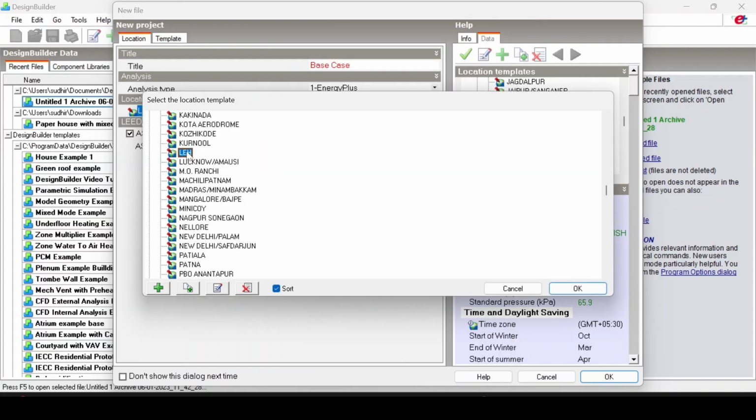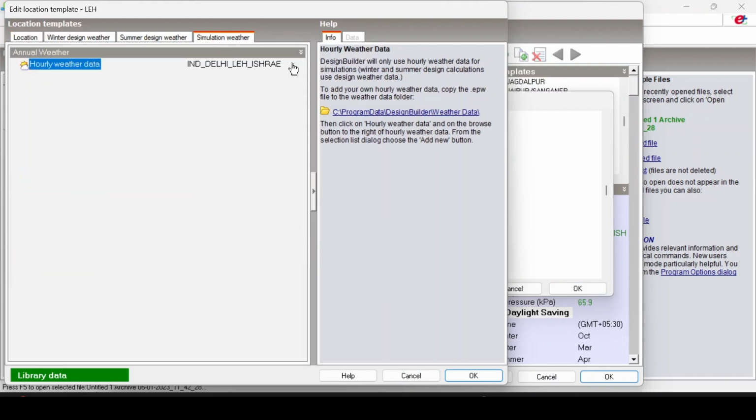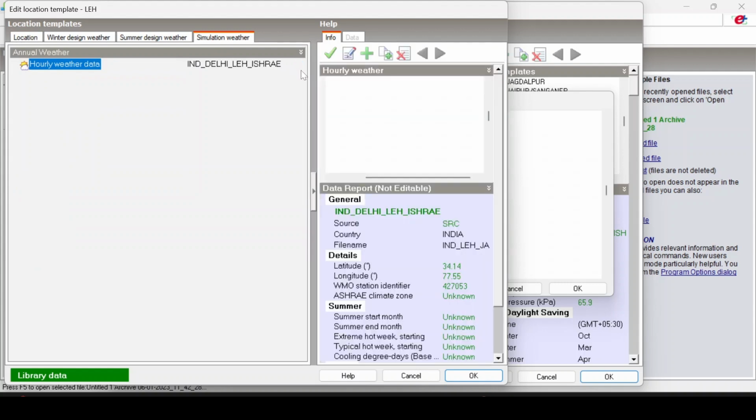You can go to any of the locations. Then you can click on edit. Then you can go to the simulation manager, or simulation weather, whichever it is. Sorry. Then in that you can,